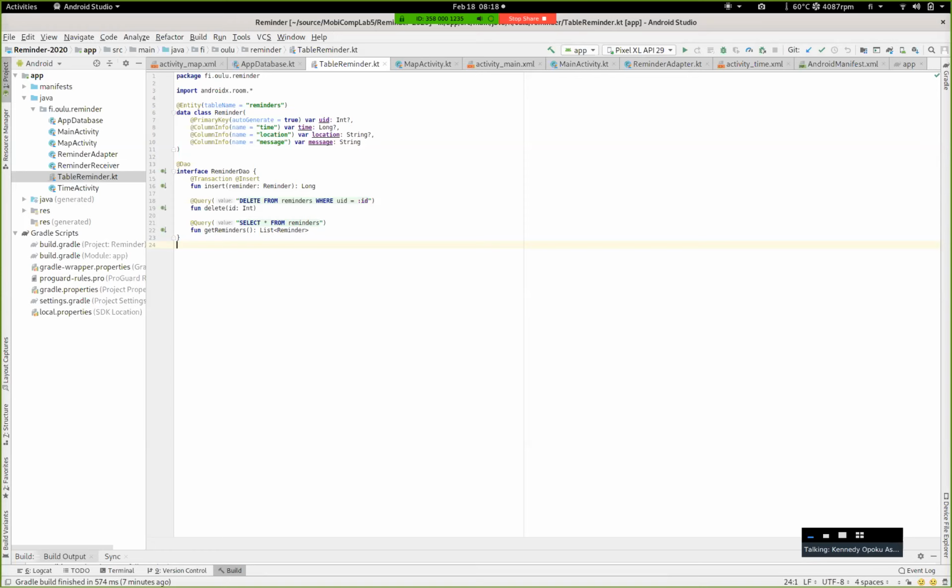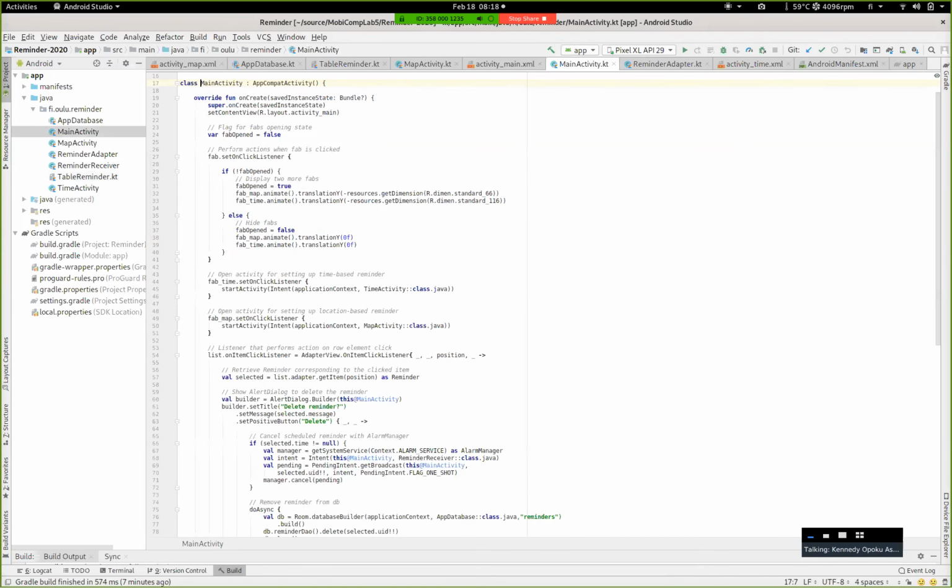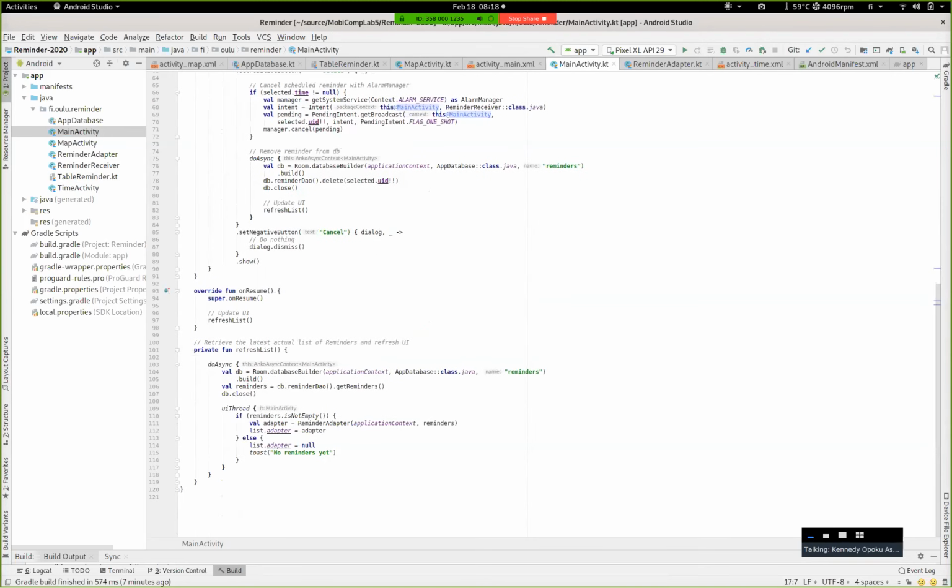So what I'll do is that since you'll be needing this notification at the time-based reminder and also at the geofence level, I want to create a function, a method that is accessible in the scope of the whole project. So I'll come to main activity, then I'll quickly create